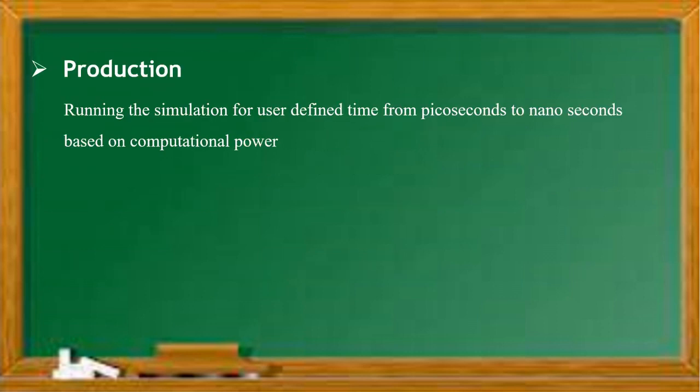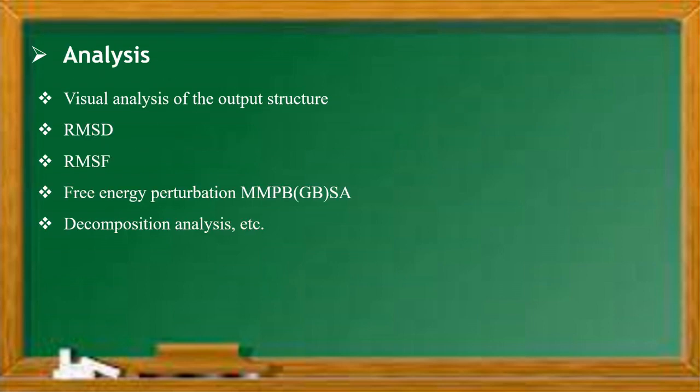The next one is the production, that is the actual MD run. Here we can run the simulation from picoseconds to nanosecond scale based on the computational power. And after running the production run, the final step is the analysis step. You can do a visual analysis of the output structure. After performing the MD study, once you obtain the output structure, we need to analyze the structure, whether it is